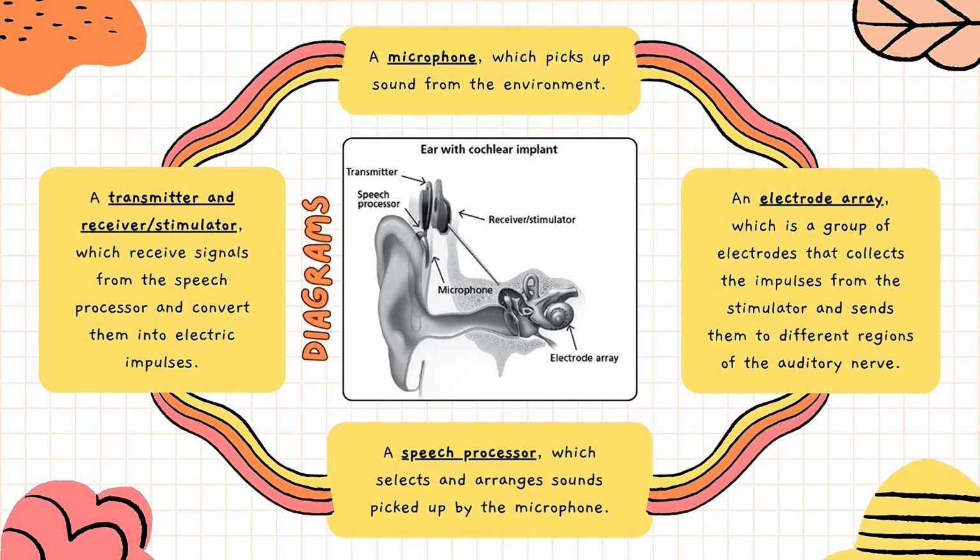Next, this is the diagram of cochlear implant. As you can see, there are microphone, electrode array, speech processor, and also transmitter and receiver or stimulator. Firstly, a microphone, which picks up sound from the environment. Second, an electrode array, which is a group of electrodes that collects the impulses from the stimulator and sends them to different regions of the auditory nerve. Third, a speech processor, which selects and arranges sounds picked up by the microphone. And last, a transmitter and receiver or stimulator, which receive signals from the speech processor and convert them into